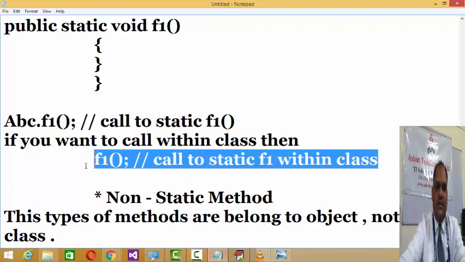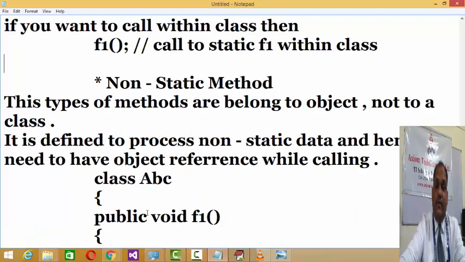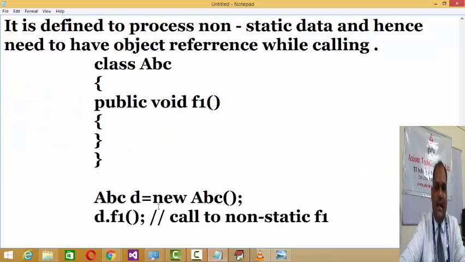And non-static means this type of method belongs to the object, to process the data belonging to the object, not to the class. It means it is going to process non-static data. So you have to remove the keyword static here, and it becomes non-static.